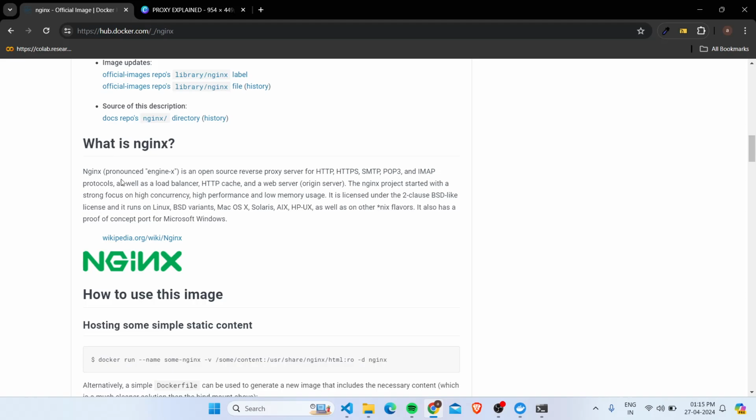Here in this description, Nginx server is an open source reverse proxy server. It's basically a reverse proxy server for the protocols of HTTP, HTTPS, SMTP, POP3 and IMAP. And it has the features of load balancer, HTTP cache and an origin web server. These three are the major criteria for increasing the high concurrency rate and the performance with low memory usage. Let me explain what this reverse proxy is and how it impacts the load balancers and